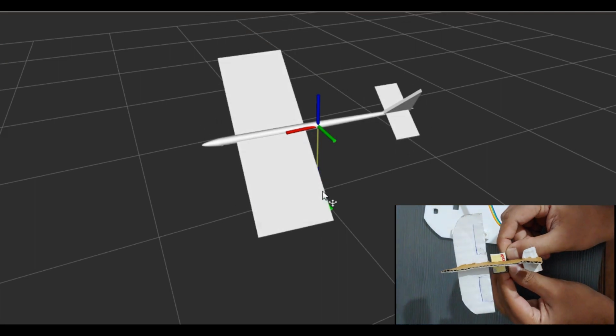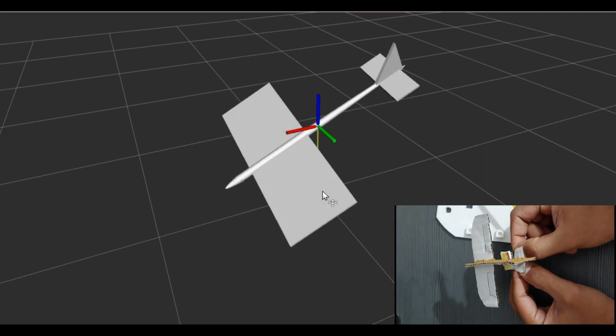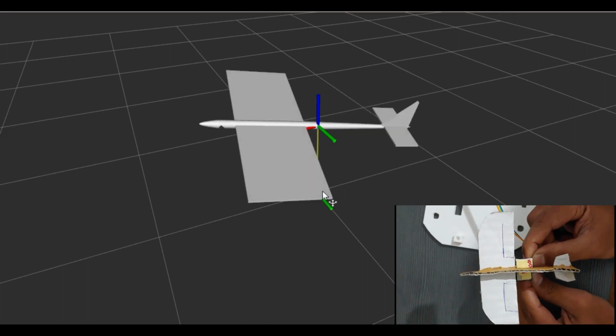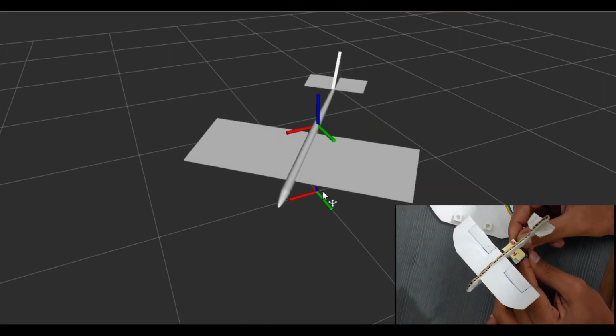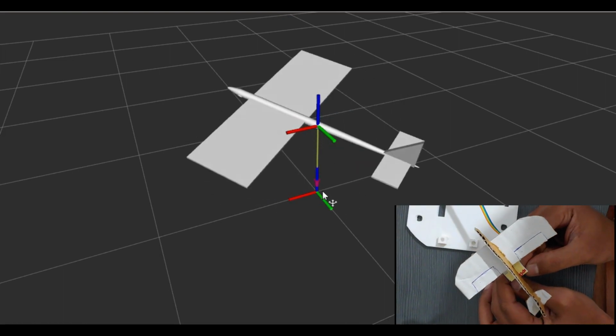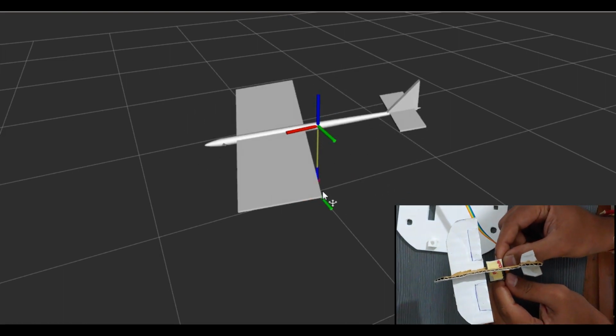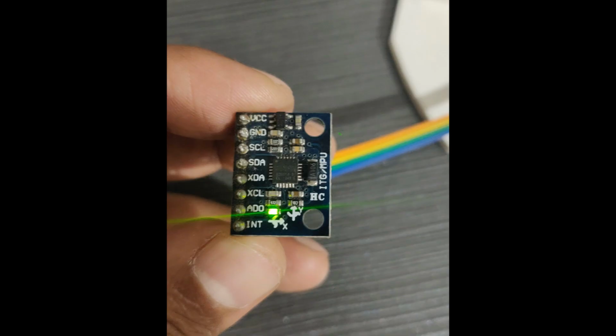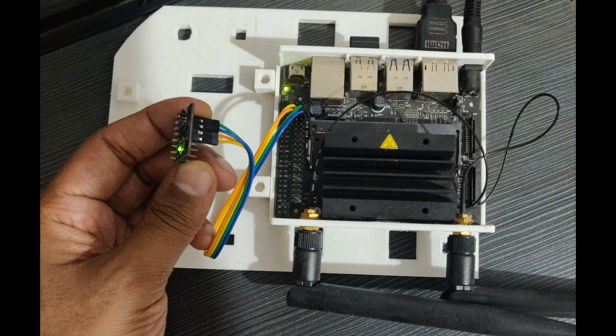This is a short video on getting the orientation quaternions or roll pitch yaw rotations from a 6-axis IMU sensor. I am using the MPU6050 IMU, which has a gyro and an accelerometer sensor, and it works with I2C. I'm not going to use any Arduino or other microcontrollers in this project. I have directly connected the IMU to Jetson Nano's I2C bus to get the data from the MPU6050.